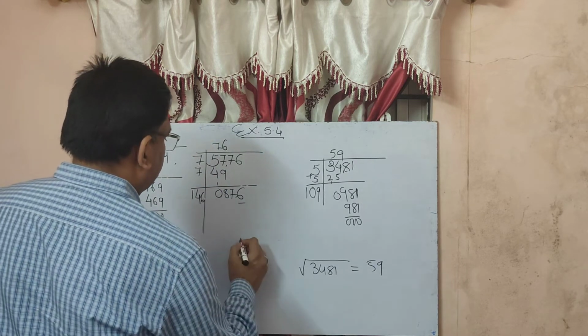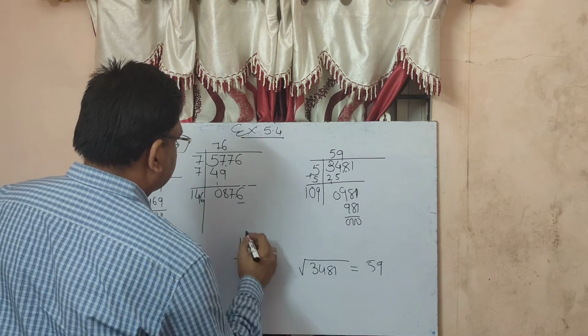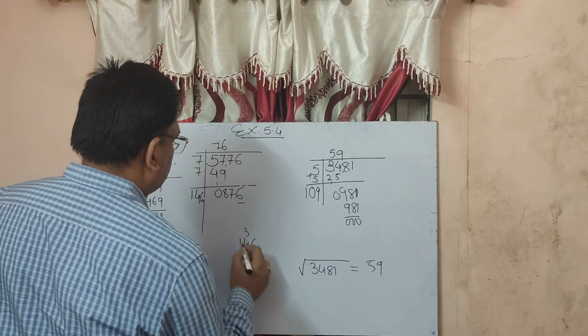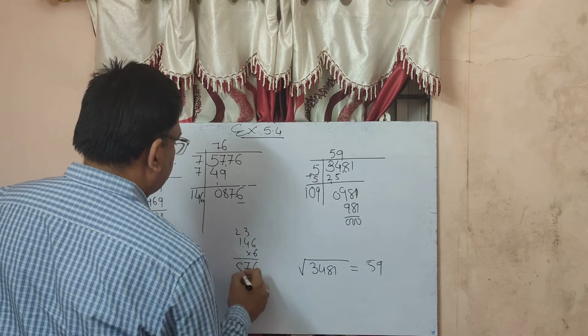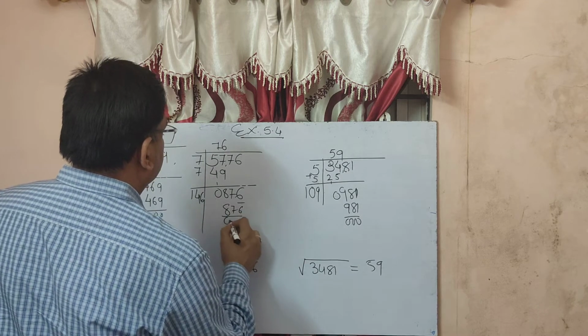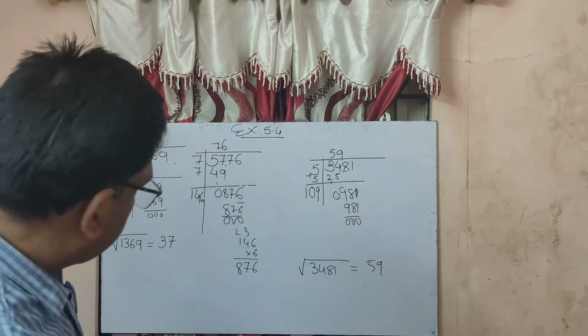So you can check it, 146 into 6. 6 6s are 36, 3. 6 4s are 24, 27, 2. 6 1s are 6 plus 2 is 8. So you can get 876. So 0 0 0. Therefore, the